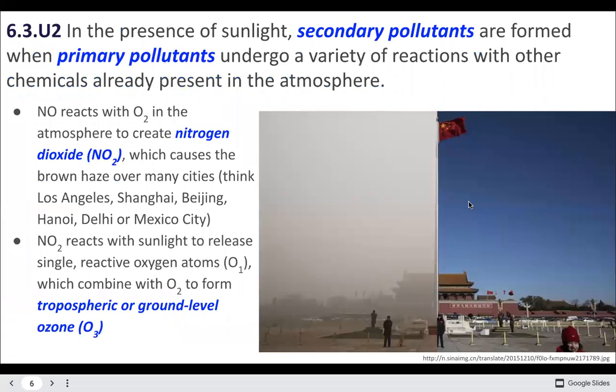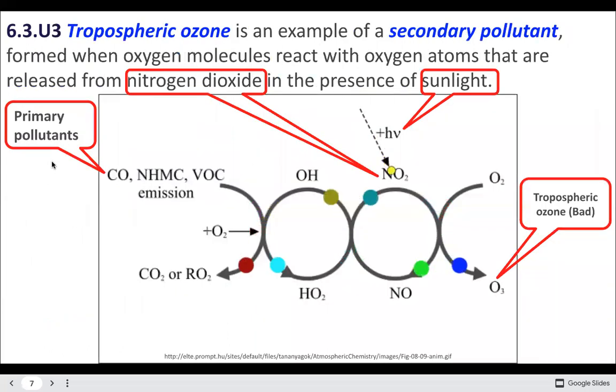In the presence of sunlight, you might also have some secondary pollutants that form from primary pollutants with some reaction. So nitrous oxides can interact with oxygen to create nitrogen dioxide. And that creates the little haze you see over cities. And then that could react with sunlight to release a single free oxygen, and that O1 might join with O2 to create tropospheric ozone. And ozone down here is not a good thing, but a great example of a secondary pollutant, because you have to have that interaction between free oxygen